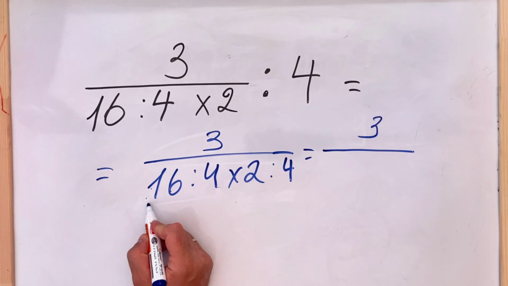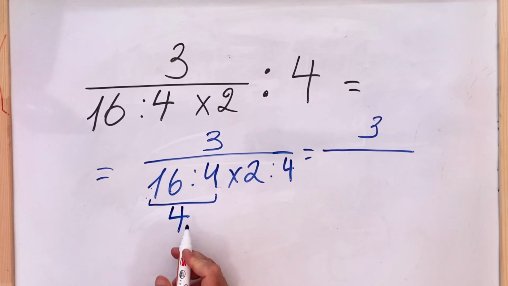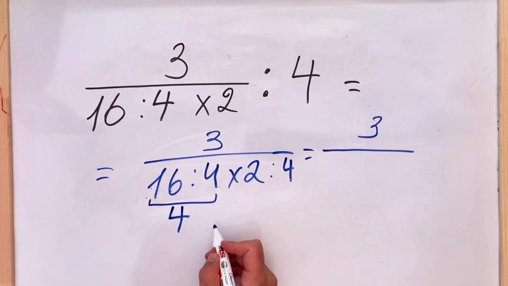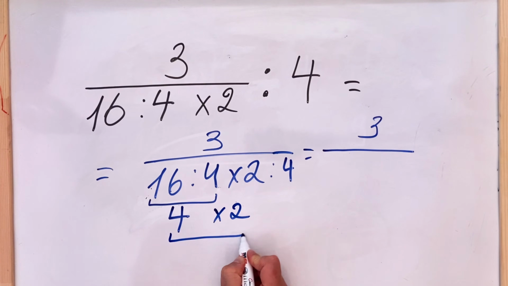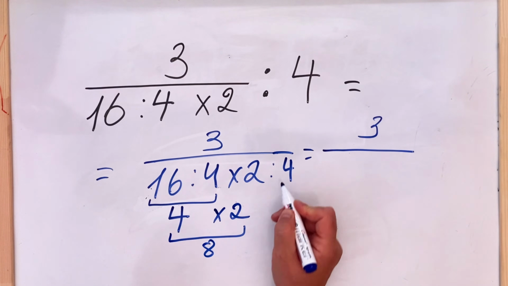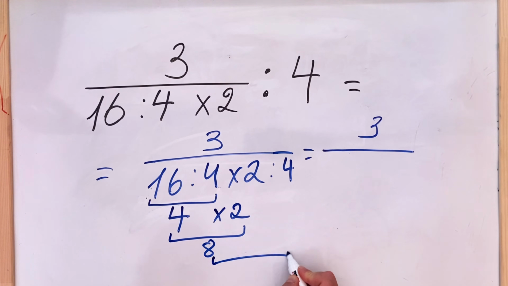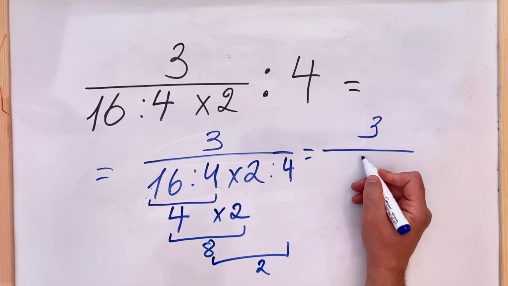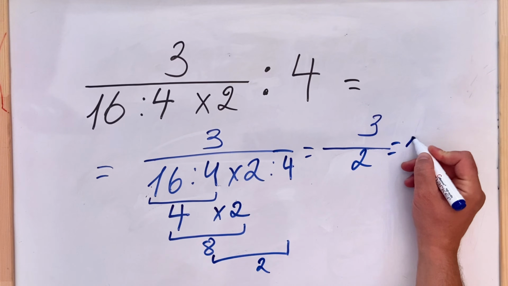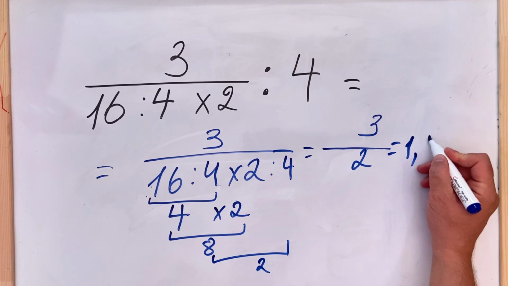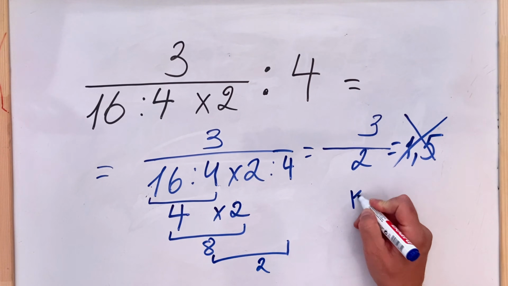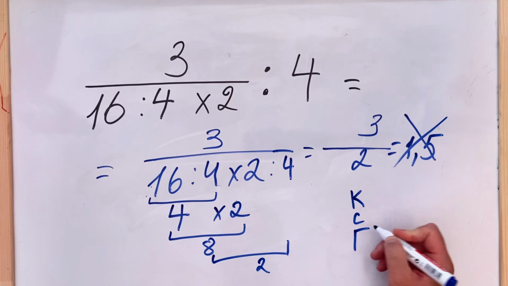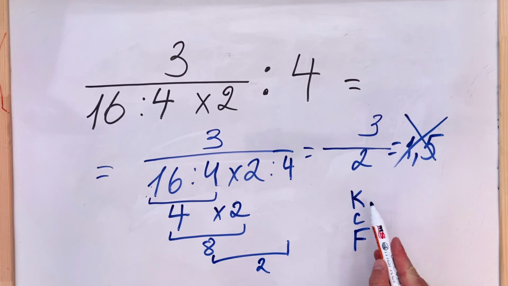So 16 divided by 4, they have 4. 4 multiplied by 2 equals 8. And 8 divided by 4 equals 2. So in this case, they have 3 over 2 or 1.5. But this approach is of course not correct, because if you remember the KCF rule, which stands for keep